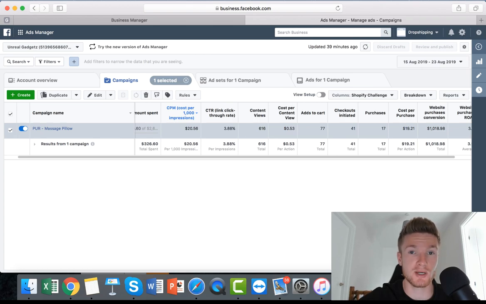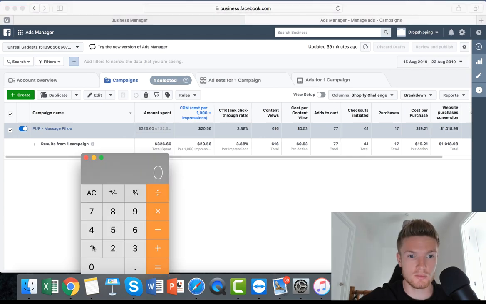So what we're going to do is take into account how much the cost of goods sold were and the ad spend to work out our net profit. So we've got 1018.98 minus our 326.6, which is our Facebook ad spend, minus our cost of goods sold, which was 347.14. So this is how much it cost us to fulfill and send out the orders. This is including shipping and everything as well. And then click equals, and then that gives a profit overall of